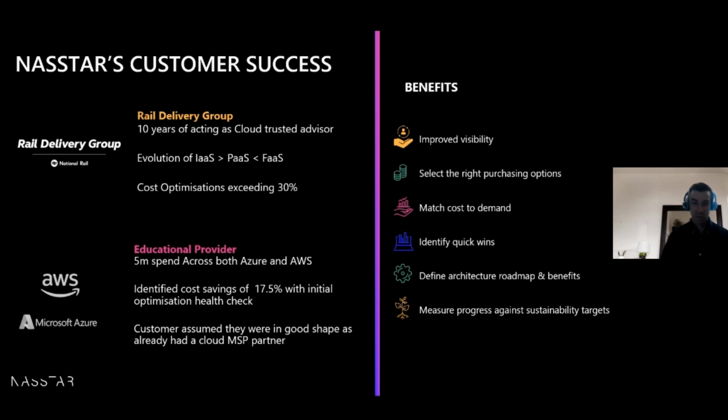So that's a great example. And when it's something like the rail industry, they require full financial accountability, et cetera. They need to drive value into their business. And obviously with COVID, people stopped traveling, but the cost base was there. So it really drove more and more focus on what else can we do. Serverless modernization was one of the things that we're now helping to unlock, but also continuously driving optimization as an ongoing focus is something that we're going to do with the Rail Delivery Group and any of our other major customers. But outside of our managed service customers, we also work as a consultancy or project partner.